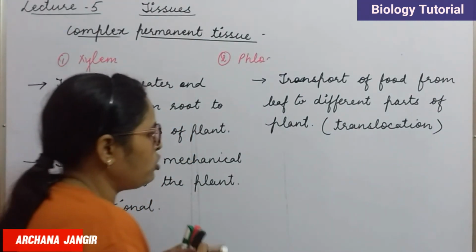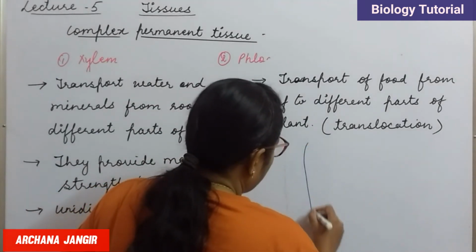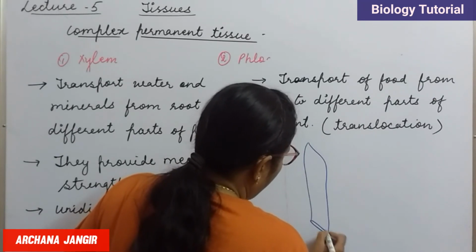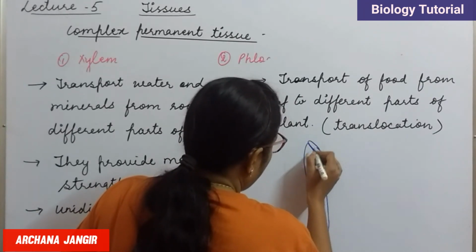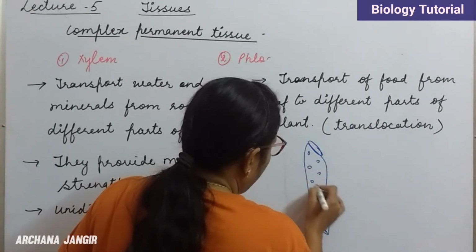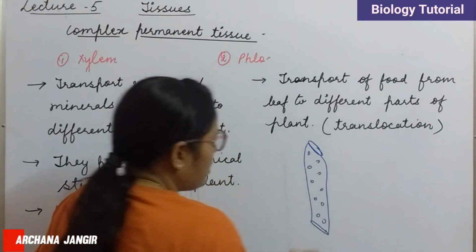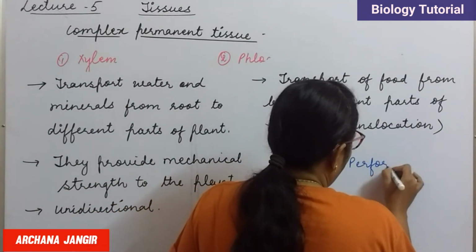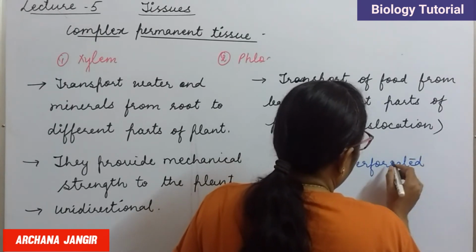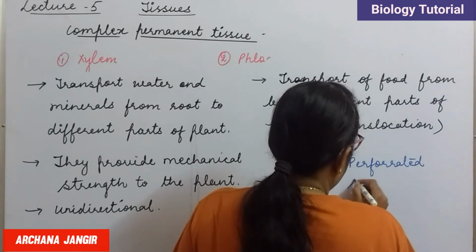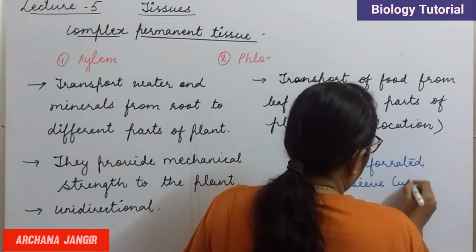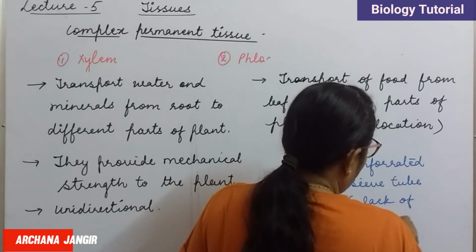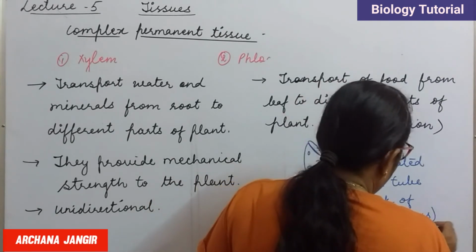चलनी. तो यहाँ पर जो tubes होती है, these are the tubes like this, which are joined end to end with each other, and these tubes have many types of holes. Now it means that the tube is perforated. It is a perforated sieve tube, and it lacks a nucleus. Nucleus is absent in the sieve tube.